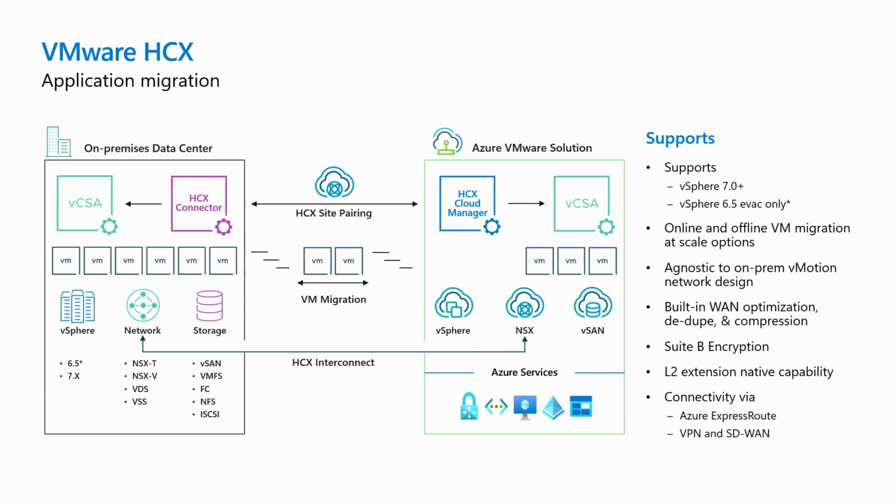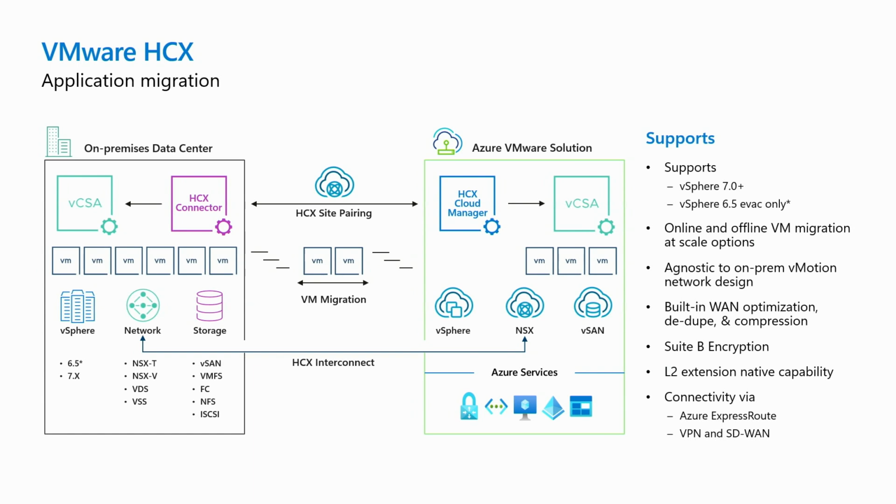So here's the overview of kind of how the application works. You have your site pairing. You go into AVS, and you can download an OVA, and then you deploy an OVA like you would any template on-prem, and you spin up your connector. And then once you have that plugin enabled in vCenter, you can create your site pairing. And that's really creating compute profiles, networking profiles to map out and create the service mesh